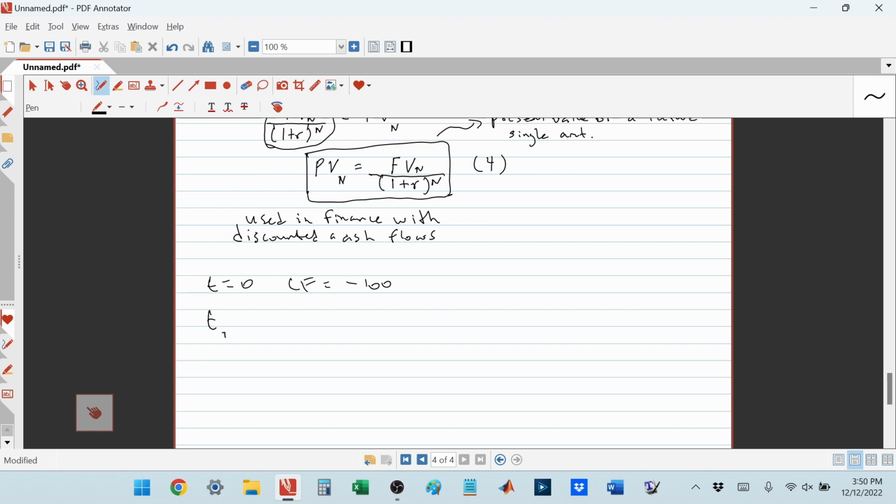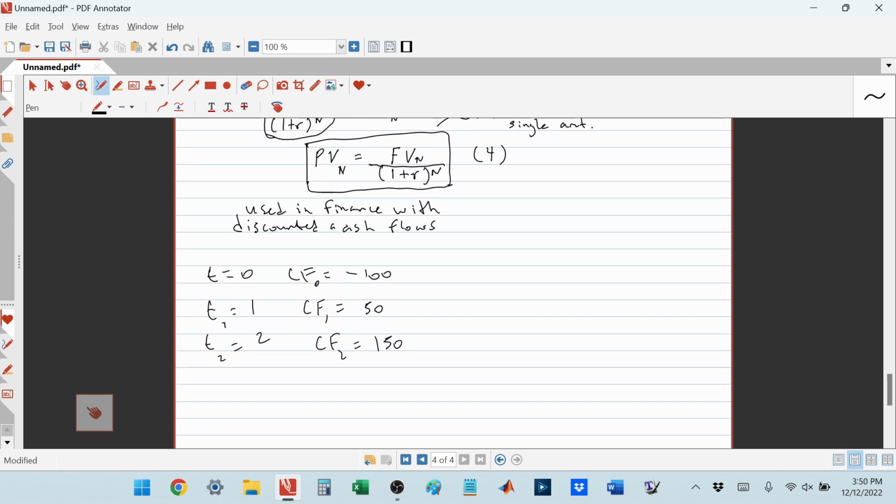You expect the project in the first period to generate, say, $50 of cash flows. In the second period, you expect the project to generate $150 of cash flows. And the question is, what's the net present value of this investment? Well, all we need to do is take these future amounts and discount them back to their present value. The present value of $100 invested right now is just negative 100,